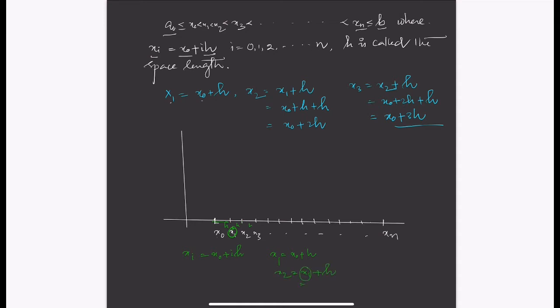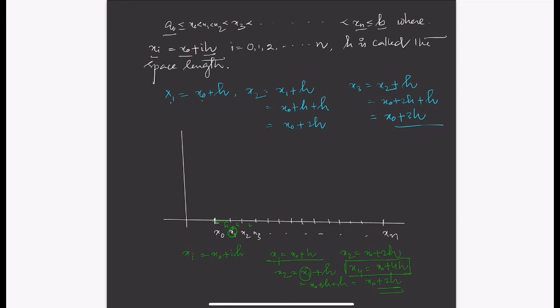But what is x1? x1 is x0 plus h, so x2 is x0 plus h plus h, which is x0 plus 2h. Similarly, if you find x4, then we can write x0 plus 4h. That is the process of finding